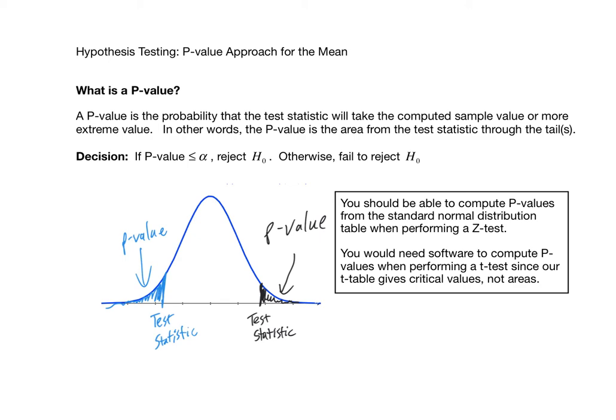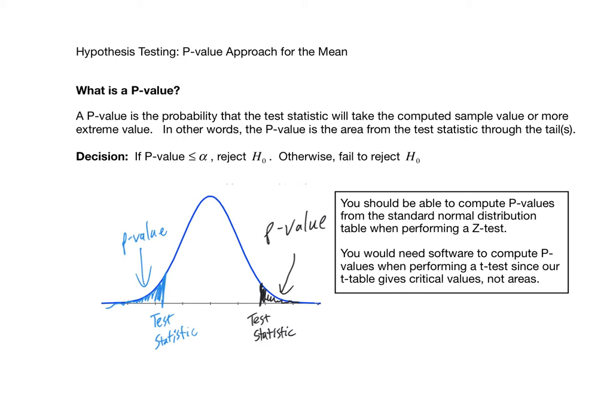But when it comes to a t-test, you would need software to compute the p-values because our t-table has critical values in it, not areas. So we would need software to give us the p-value. So if we do any t-tests with the p-value approach, I would show you how to use software to come up with that p-value. Now that we've got a p-value defined and where you should be able to use it,